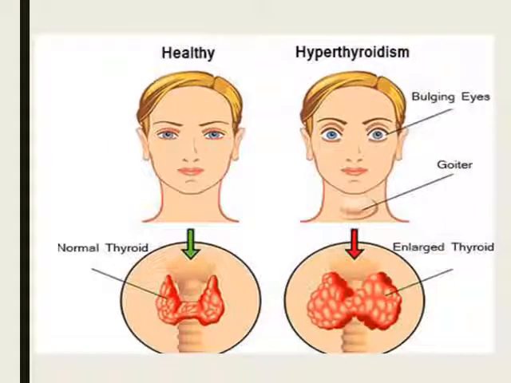This picture represents the difference between the healthy and hyperthyroid thyroid gland. The healthy thyroid gland is like that, while in hyperthyroidism there may be diffuse enlargement of the thyroid gland, which usually occurs due to Graves' disease, or due to goiter. The goiter may be a nodular or multinodular goiter. It results in bulging of the eyes, tearing of the eyes and other eye symptoms, and usually these symptoms are due to overactivity and due to beta stimulation and catecholamine release.